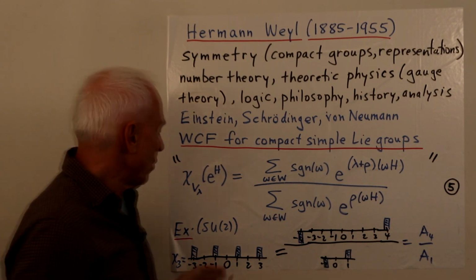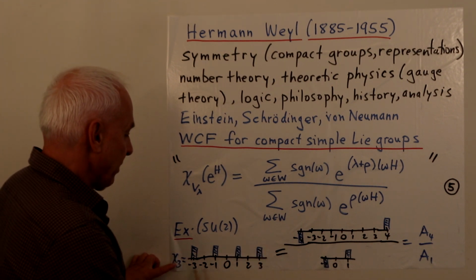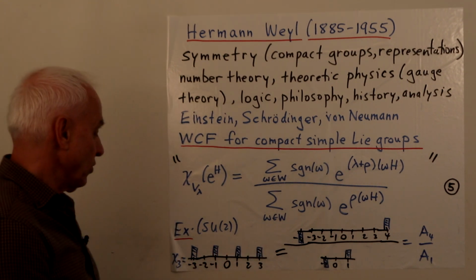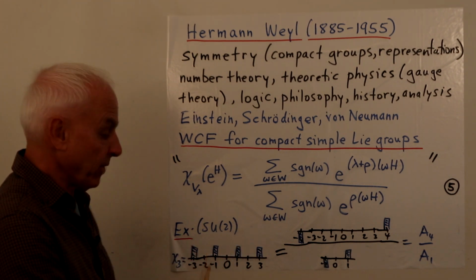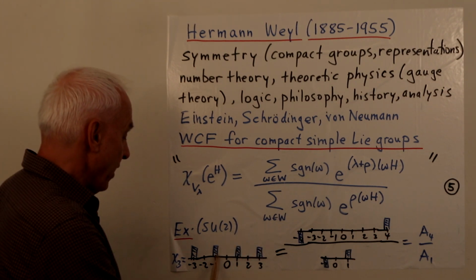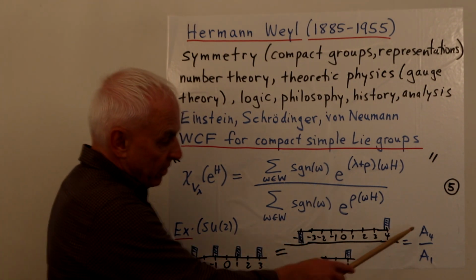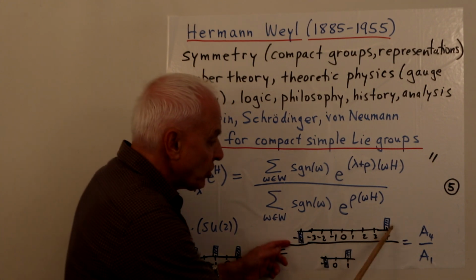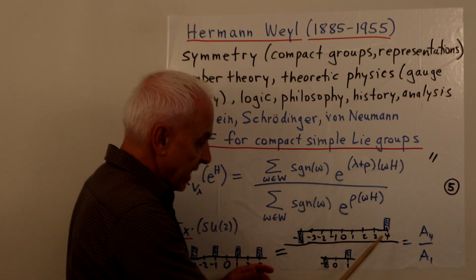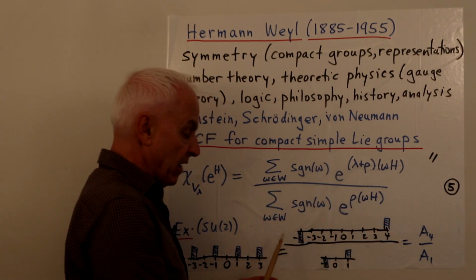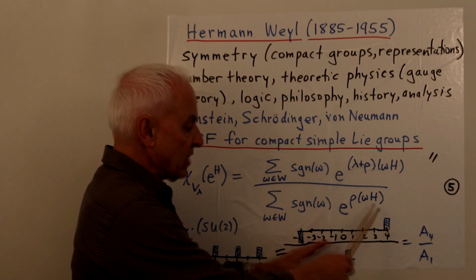of H. So in the case of SU2, what this amounts to is that here is, for example, a typical character of SU2, say chi3, which is this central Pauli number, which we're calling C3. So with delta functions at 3, 1, minus 1, and minus 3. And the Weyl character formula in this case is the formula that we've already talked about, but it's this quotient of the A4 over the A1. And the A4 for us, we can visualize as a delta function at 4 and minus a delta function at minus 4. And so here you see that in this case, the Weyl group is just the reflection about 0.